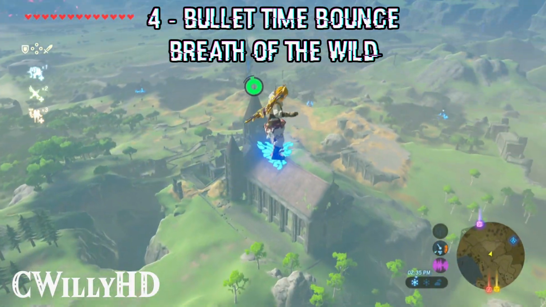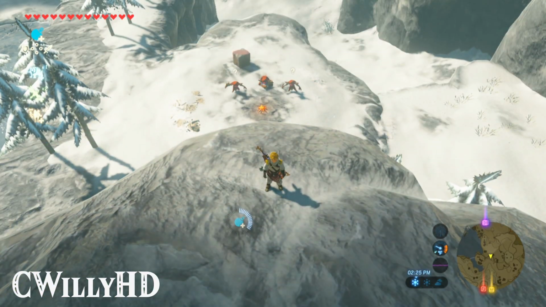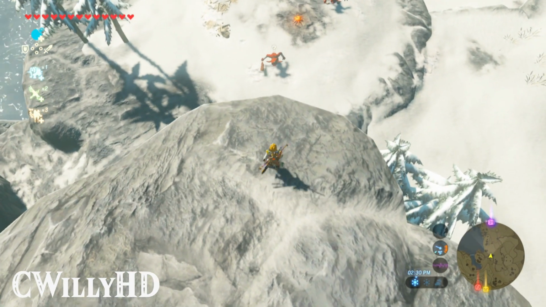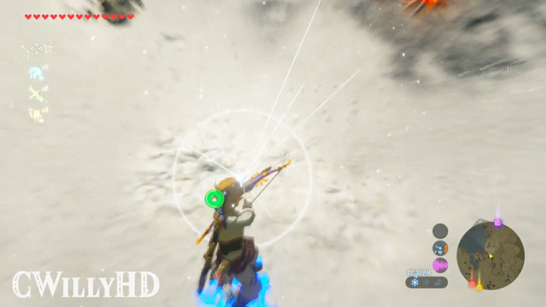Next up, The Legend of Zelda Breath of the Wild and the bullet time bounce. By using a shield, a bow, and a bokoblin, we can get sent into the sky. You can achieve this pretty much anywhere there's one of these guys. All you need to do is be above one, jump off into a shield surf, then as you're about to